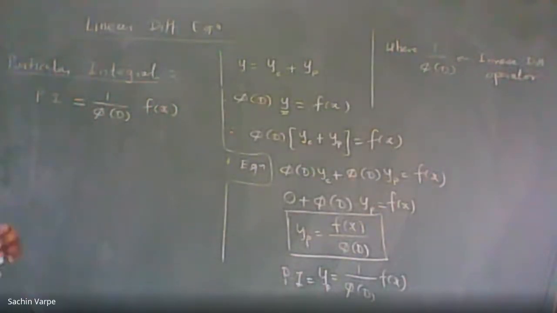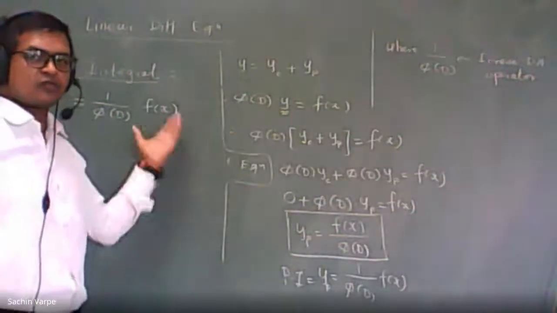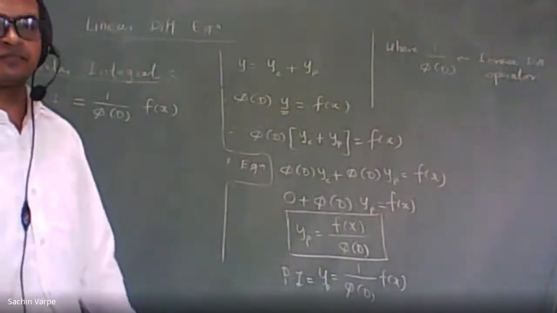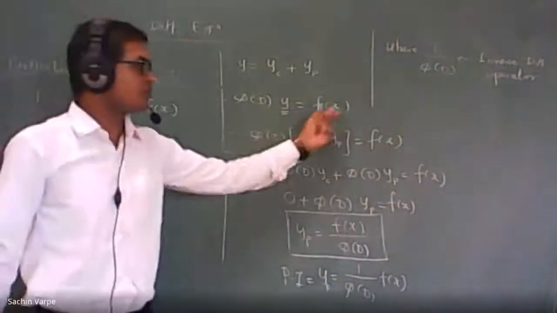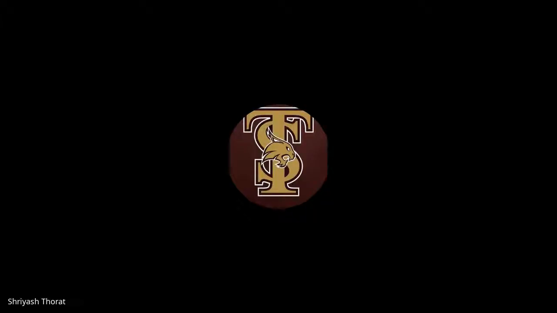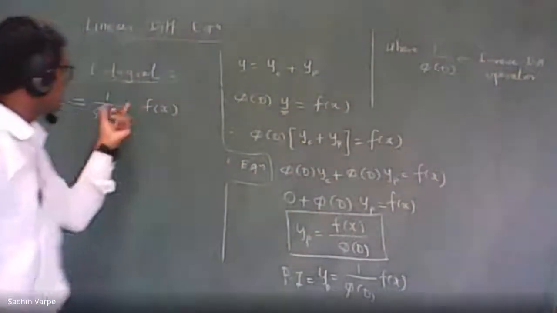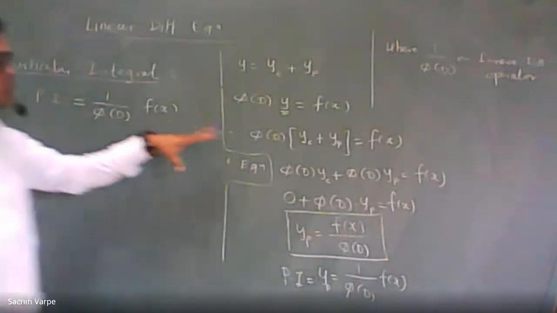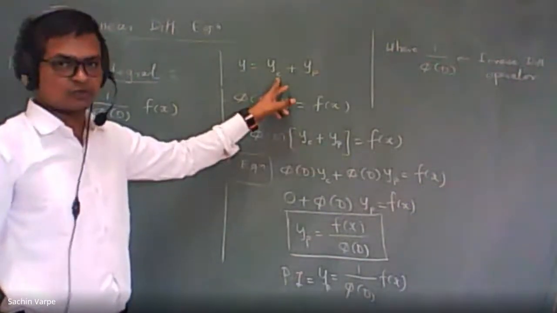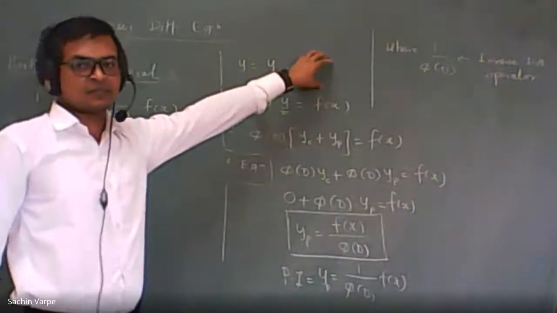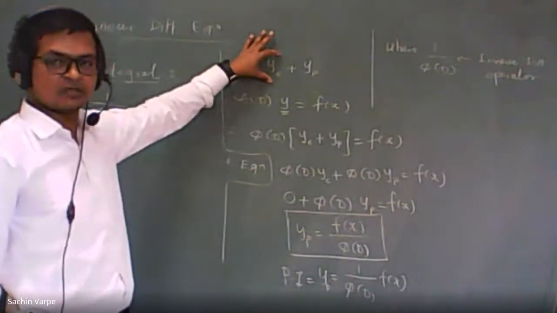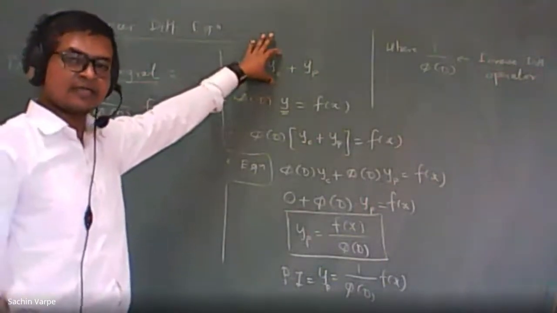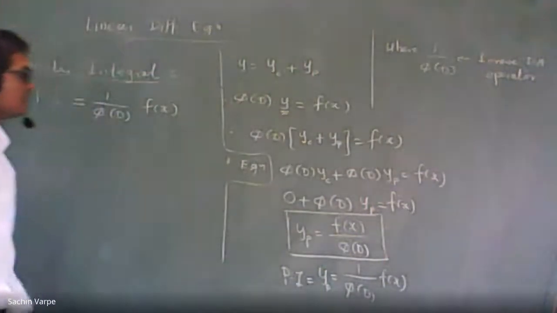Now tell me, if the right hand side of the given differential equation is 0, then what is the value of this particular integral? If the right hand side is 0, f of x is 0. So the integration of 0 is again 0. So the particular integral will be 0 in that case. That's why we say CF, yc, is the only solution, because yp will be 0, right? So in case of a homogeneous differential equation, yc, the complementary function, is the only solution, and that is the general solution. All right.